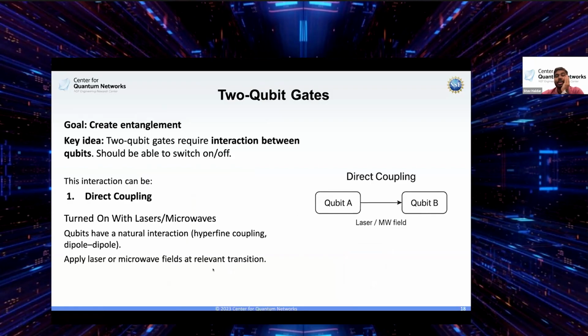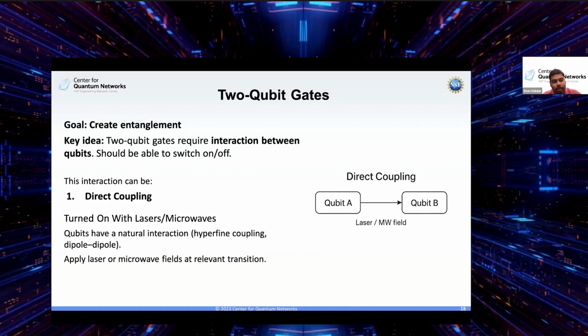Now, how do you do 2 qubit gates, right? Because 1 qubit operations are not enough to generate entanglement. So if you had 2 qubits and you just kept doing single qubit operations on them individually, there would not be any entanglement. What you need for entanglement is some kind of interaction between the qubits, right? So the idea then also is that, okay, if there is some interaction between the 2 qubits, but it's always present, right? So if I have, say, 5 qubits in my system and they keep interacting all the time, right? Then also